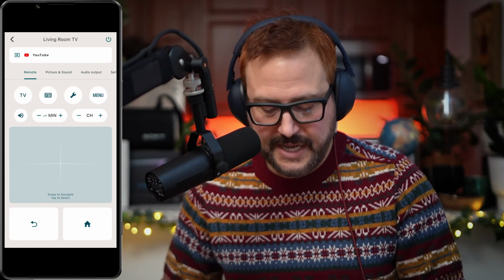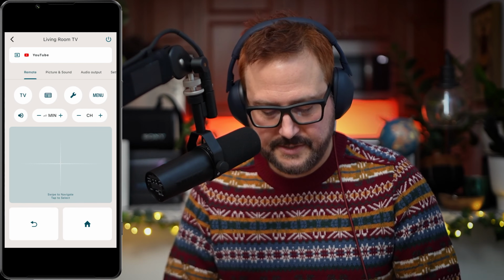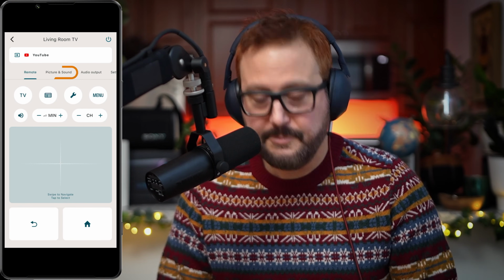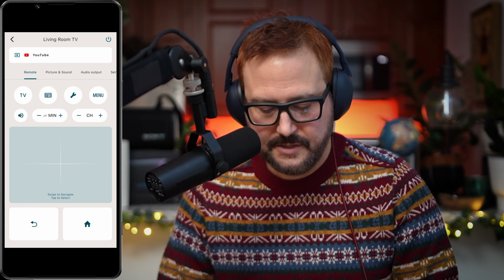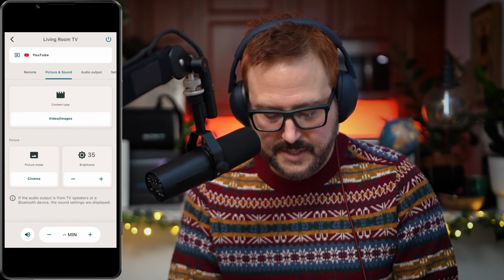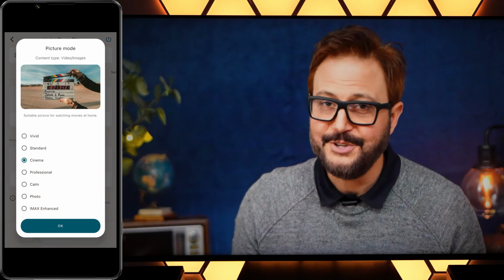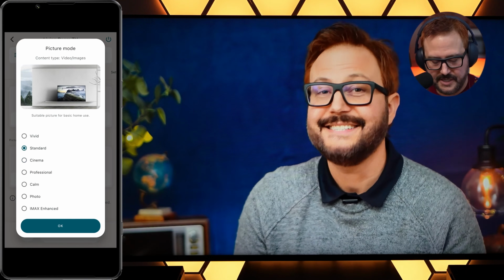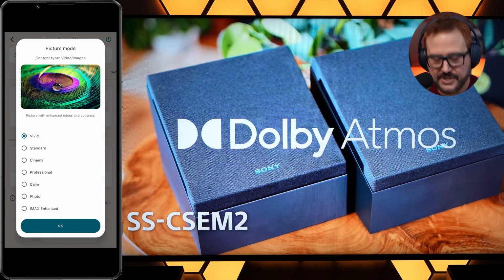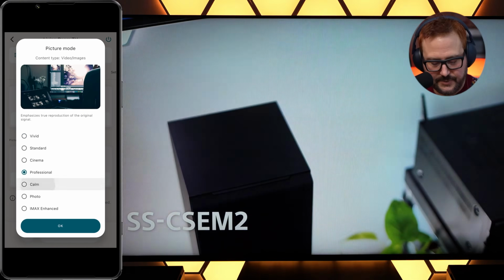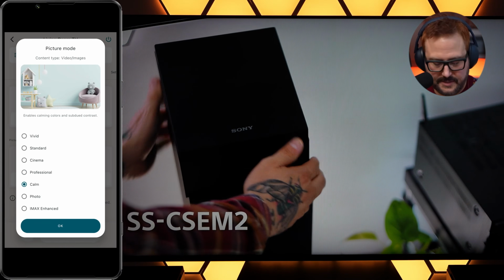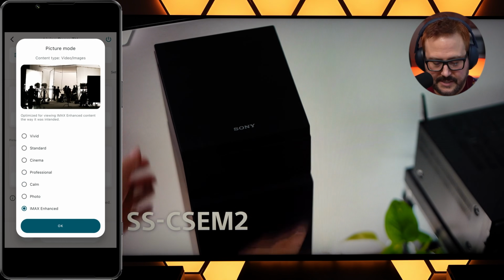Now, another thing, and really the last thing I wanted to talk about what you can do with this before I cut you guys loose to play with this on your own, is you can actually change the picture and sound settings. So if you click on picture and sound, which is an option on the app itself towards the top, I can change, right? If I click on the picture settings, an actual window will pop up, and it gives me all of our picture settings from vivid, standard, cinema, professional, calm, photo, IMAX enhanced, right? And all I gotta do is click on which one I want to have my TV setting at,